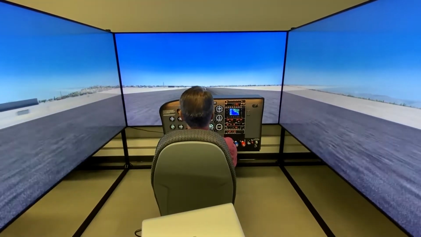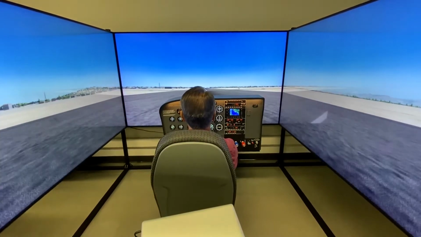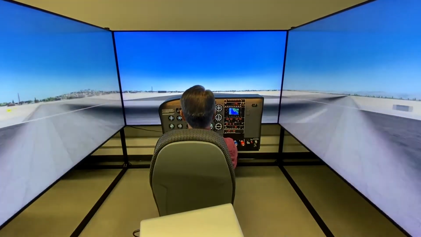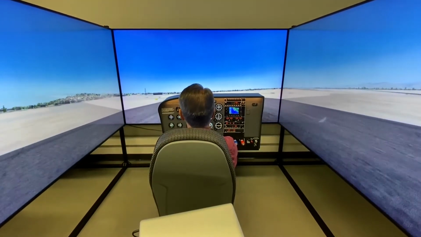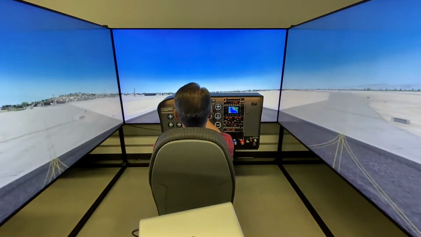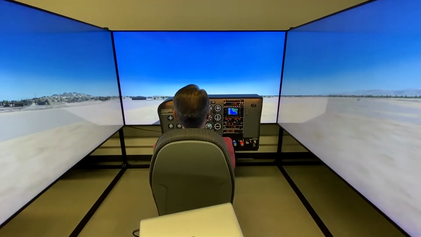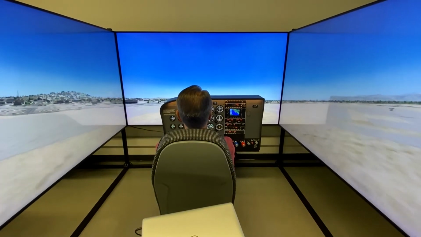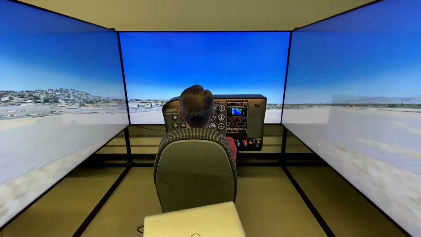Let the airplane lift off the ground on its own. Right rudder, stay on the center line. So I need to slowly get back to center line. I'm looking at my pie in the sky. I can see my reference where I am. It takes a little while to learn that, but you'll be able to reference your center line and your runway